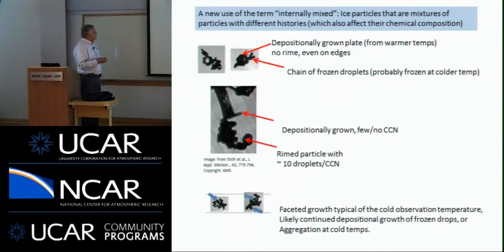In DC3, we found particles that look like this. Here's a plate crystal. Now, normally, these would rime on the edges of the particle. So if this was a riming event in the way we're traditionally looking at riming and production of graupel, you'd probably expect to see particles rimed on the edge. But instead you see a fairly pristine crystal that's collided with frozen droplets. So these probably were frozen at a colder temperature. These probably grew at a warmer temperature, and they become this mixture where they have actually aggregated in this case.